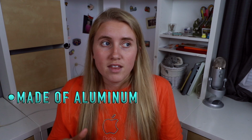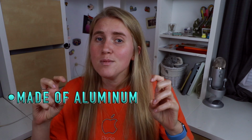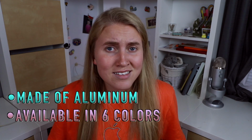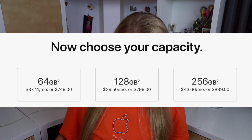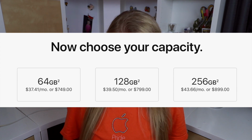So it's kind of like if they took the iPhone X, but your big physical difference is that it's made of aluminum, the same way the iPhone 8, the iPhone 7, all those models of phones are, kind of like the original flagships. And then they also come in 6 stunning colors. You've got black, white, product red, and then you've got 3 new colors: blue, yellow, and my personal favorite, coral, which actually looks like the Apple shirt I'm wearing right now. That orangey coral color is literally what's pulling me in the direction of the XR right now, as well as the absolutely stunning price point. So the iPhone XR comes at 64 gigabytes for $749, 128 for $799, and 256 for